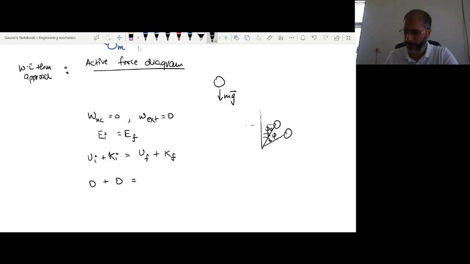Now for a general angle phi, the height has dropped, so if you have taken the initial as 0, its energy has decreased, the potential energy becomes negative mgh,